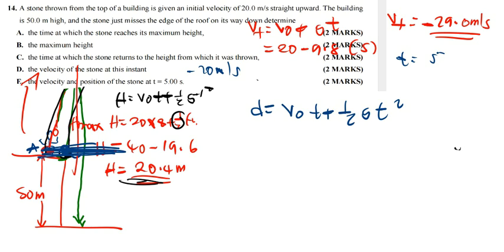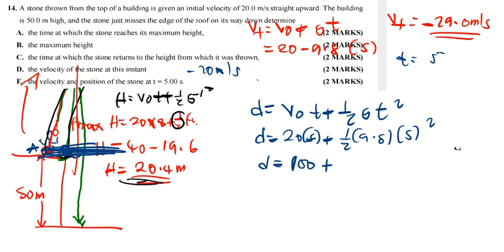Meaning I have got d is equal to, the initial is 20 times time is 5 plus half g 9.8, t is now what? T is 5, but I square. So 20 times 5 is 100 plus,